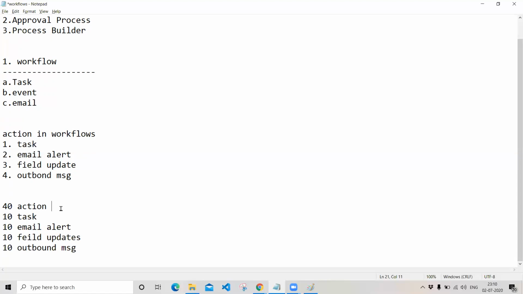As I said, workflow rules are object specific. On whichever object you have specified your workflow, only on that object will the workflow fire. On the loan object, the workflow can update its customer record and its own record, but it cannot update its child records. The workflow rule will work from child to parent, but not from parent to child. So this is all with respect to workflow rules.